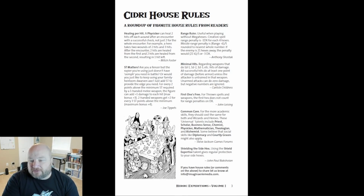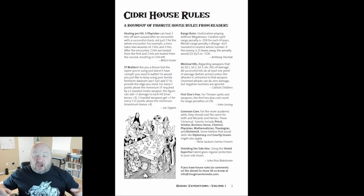Procedure house rules here. The best one that I've seen that I liked is shielding the side hex. If you have shield expertise, you also get the bonus to your side hexes. Pretty nice. If there's enough bonuses, I would like to see shield expertise too. That would be nice, because anything to make the fighters seem a little bit different and differentiate themselves, I'm always